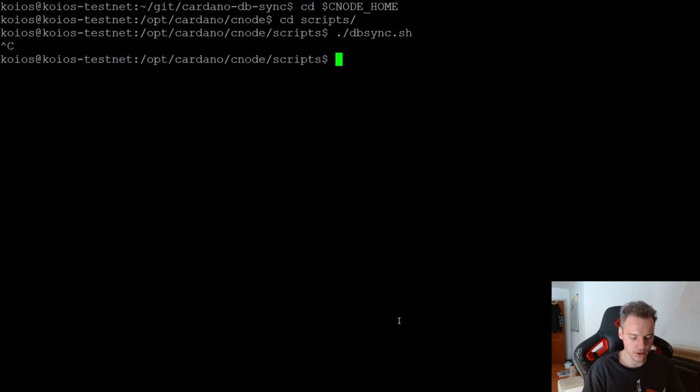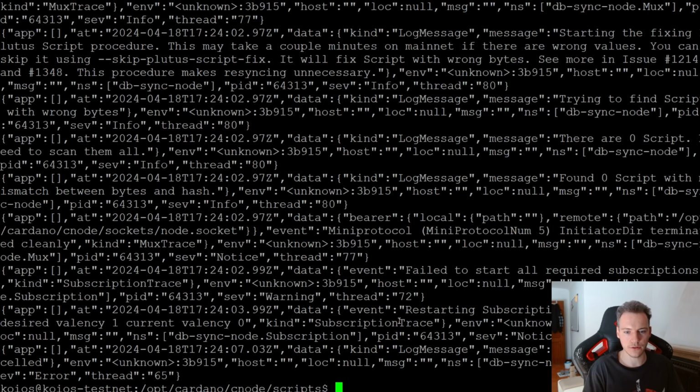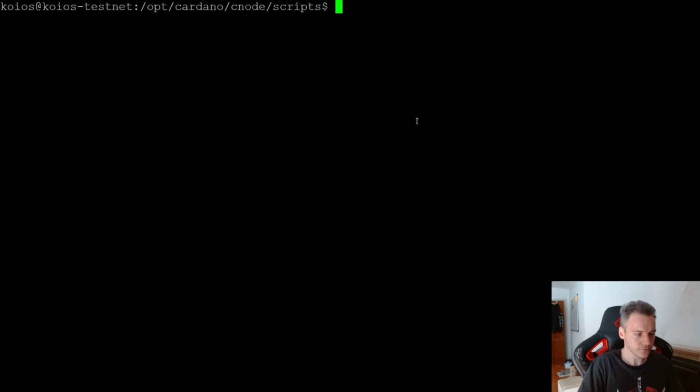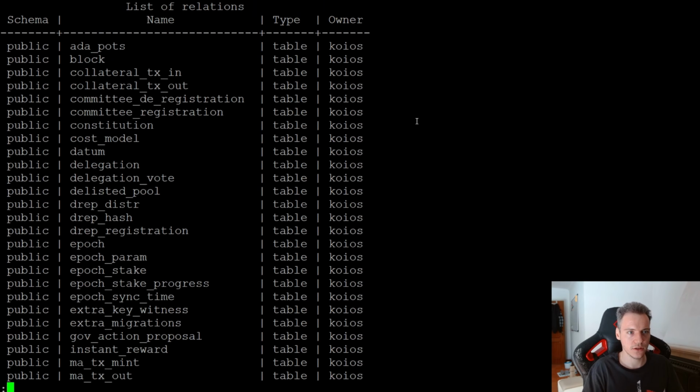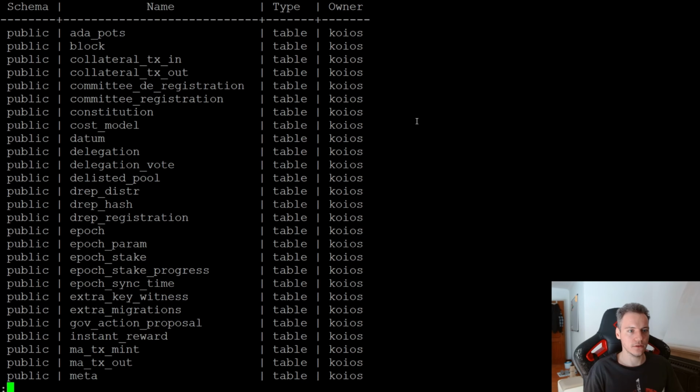Now I'm gonna cancel that, and I'm going to tail the logs that are created by db-sync in the logs directory, and we see restarting subscription, and basically, yeah, starting. Okay, so basically db-sync started here, and that's fine. Also, if we look at our cExplorer database, we see that now we have some tables created here, and these tables